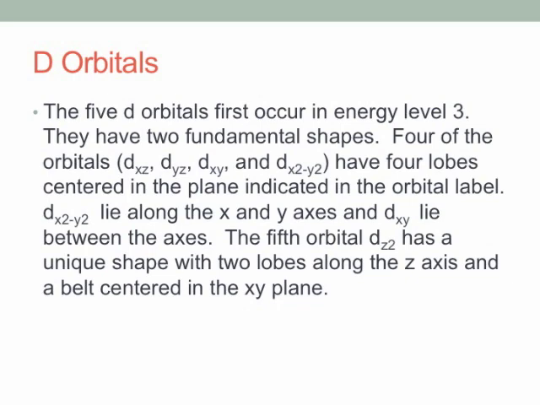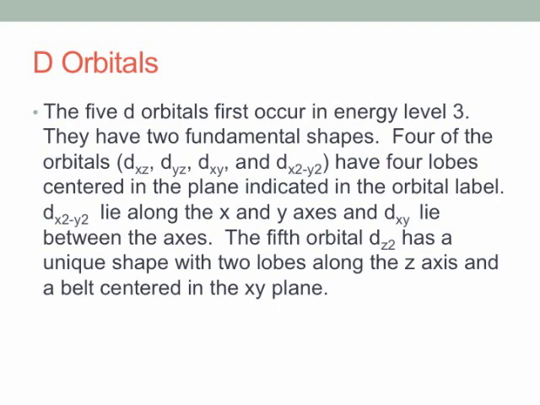The d sublevel has 5 individual orbitals in it. The 5 d orbitals first occur in energy level 3. They have 2 fundamental shapes. 4 of the orbitals are similar, and they have 4 lobes centered in the plane indicated by the orbital label as a subscript. For instance, d x squared minus y squared lies along the x and y axes, and the dxy